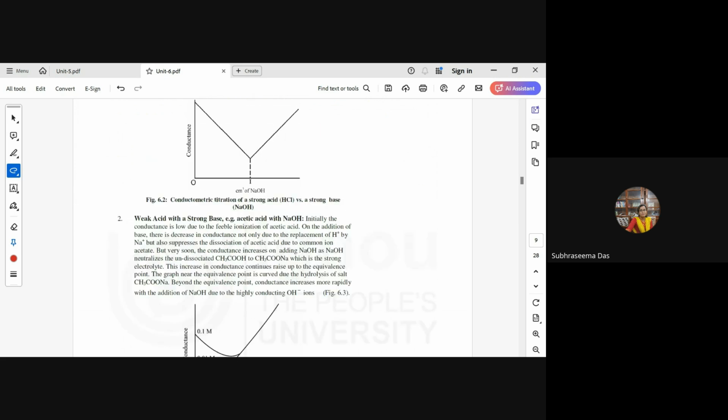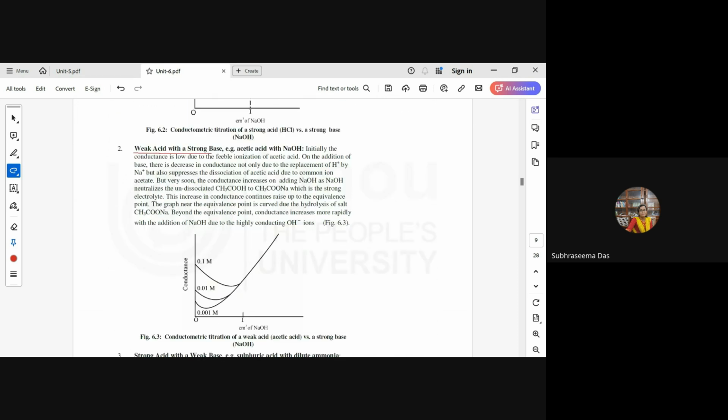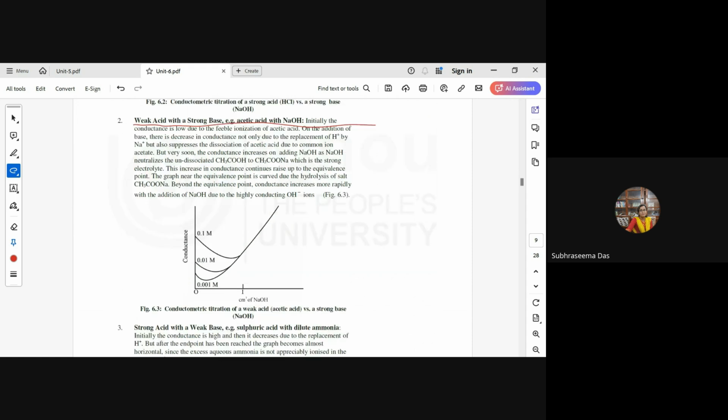So this is how a conductometric curve is represented for a strong HCl versus NaOH. Now, let us consider the conductometric titration curve for a weak acid versus a strong base, that is acetic acid versus NaOH. Initially in this curve, the conductance is low because of the very weak ionization of the acetic acid. Now, when the base is added, there is a decrease in conductance, not only because of the replacement of H plus by Na plus, but the dissociation of acetic acid is further suppressed due to the common ion, that is the acetate. But as soon as the conductance it increases